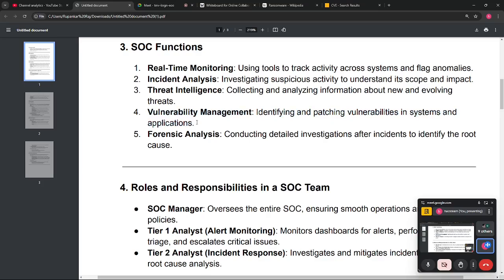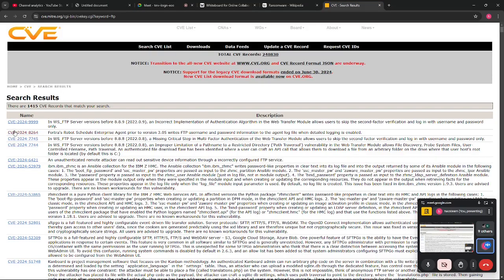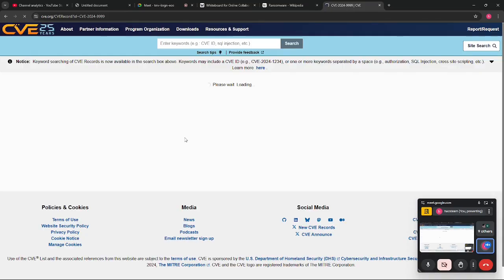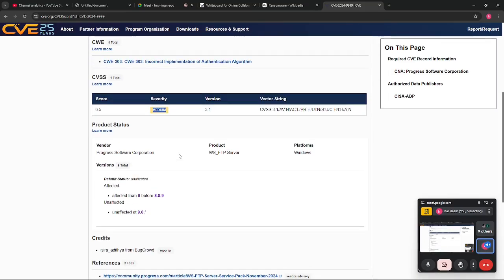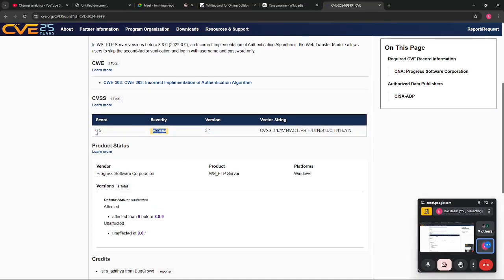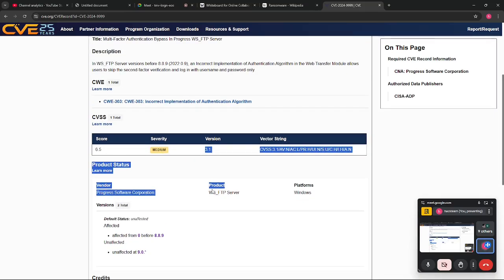This is a complete topic. We will be coming back to this in the upcoming future. And the vulnerabilities are also ranked. As you can see here, some can be very severe, and this is a medium-level vulnerability. Vulnerabilities are divided into multiple parts, and there are also scores. Its vulnerability score is 6.5, its severity is medium, and there is its version. So you need to look at all of these things.